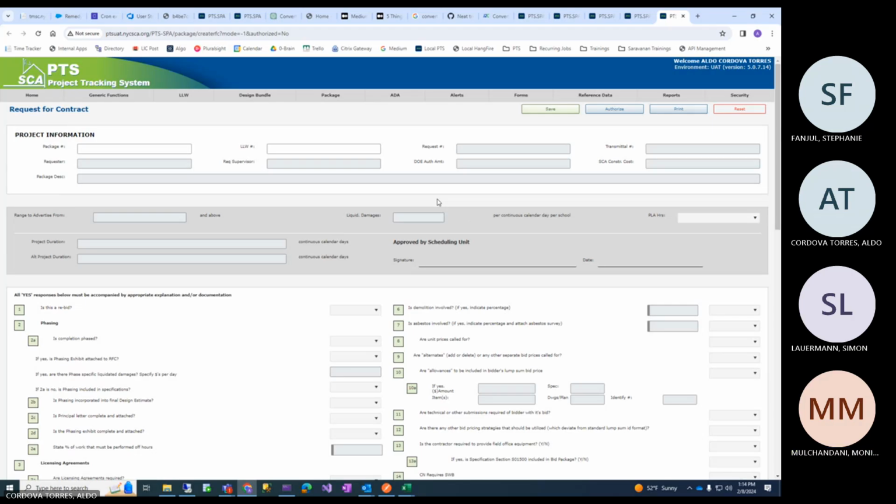So there's not too much I can tell about this RFC. There's only one authorized RFC per package. So if they have to create another one, sometimes they unauthorize it and edit it. Sometimes they ask us to delete it so that they can create another one. The delete feature is not there, so we have to see if it's really required and fits into the workflow. We might have to introduce it. So that's about it for RFC.